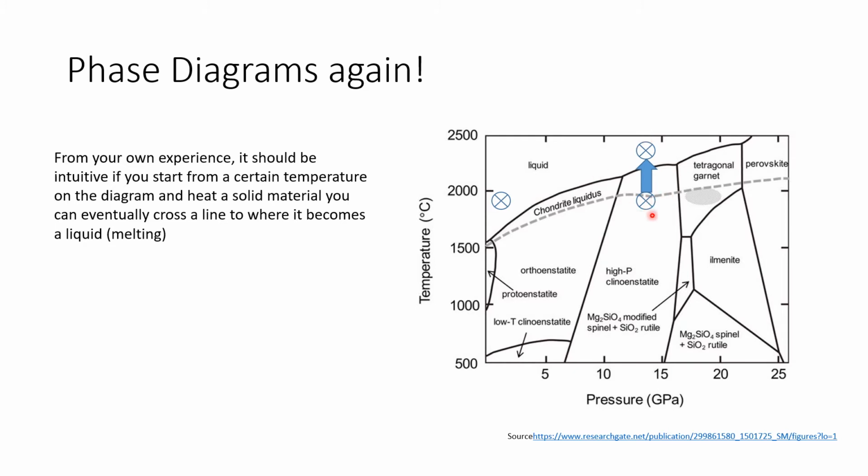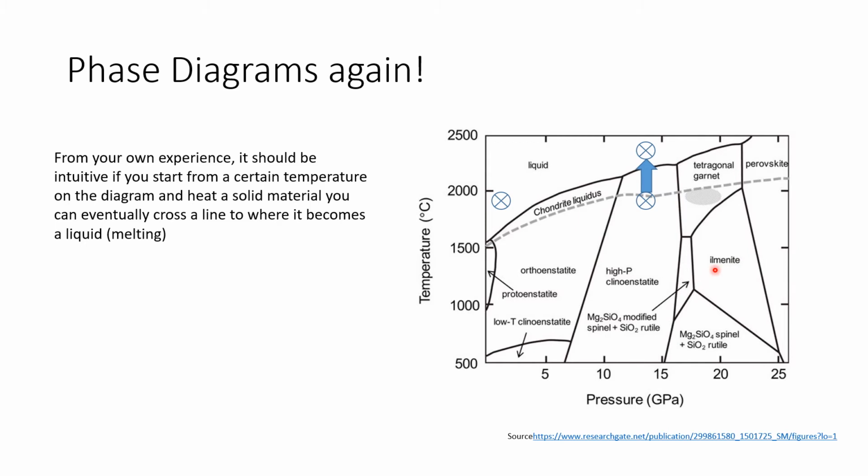So you're moving from this solid phase right here into this whole zone up here. See how it's labeled liquid right there? So you're moving from a solid phase across that boundary line, and that's the melting line. And so it melts into a liquid. In this case,